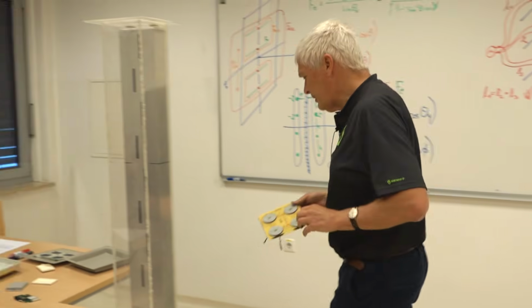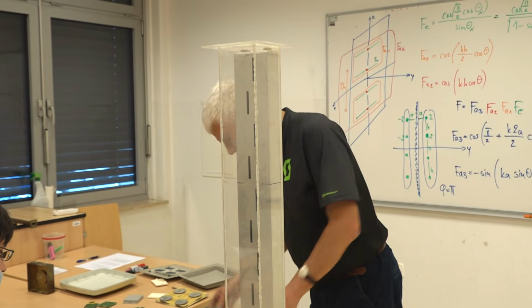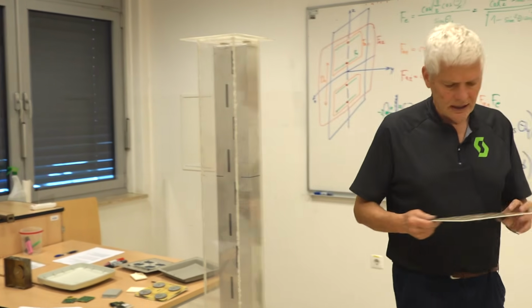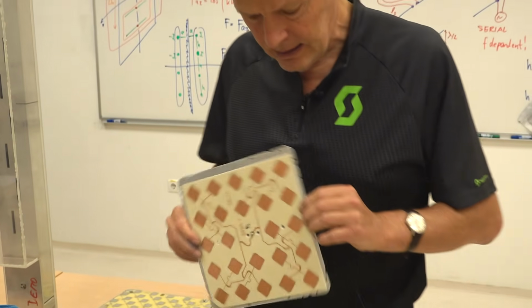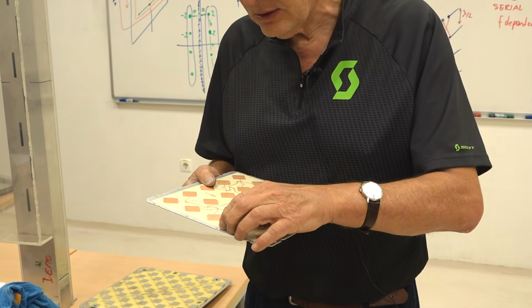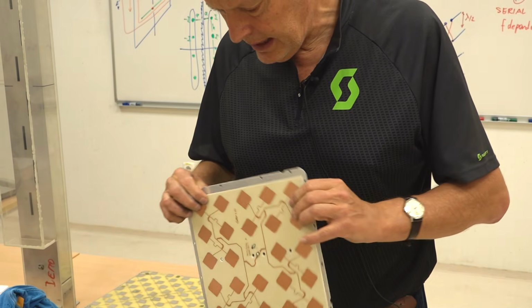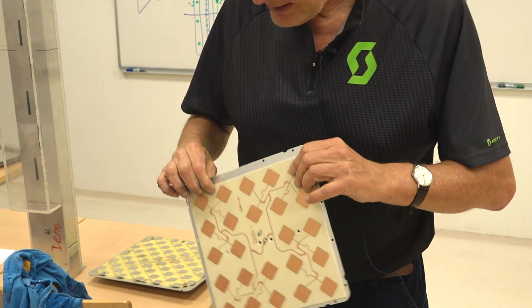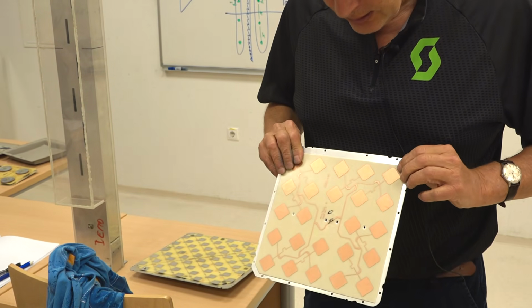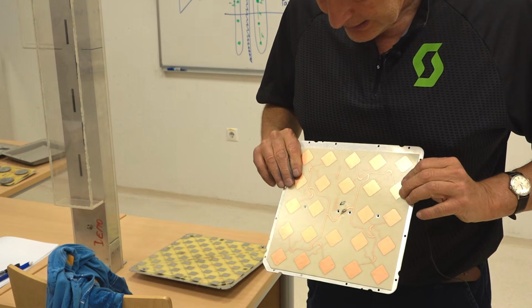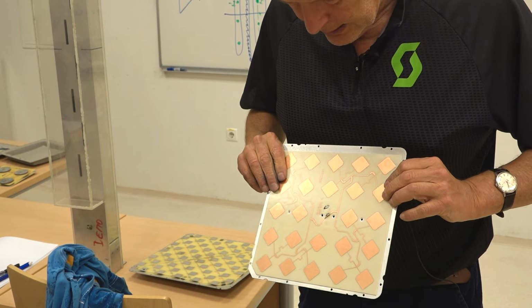Beware, because when you make this thing large, you incur large losses, feed line losses. So this array here is built on a low-loss laminate. It's quite thin, but this laminate actually contains much air. It's elastic. If you touch it, it's elastic. And you have here on this array as many as